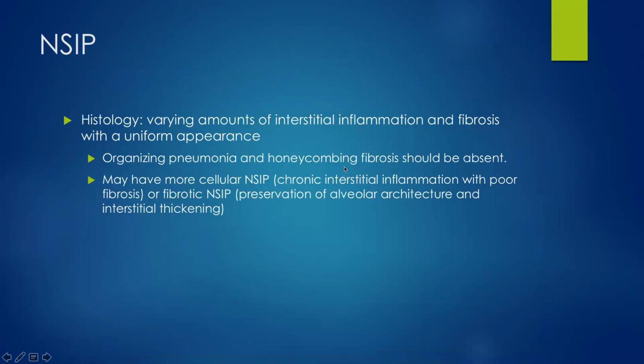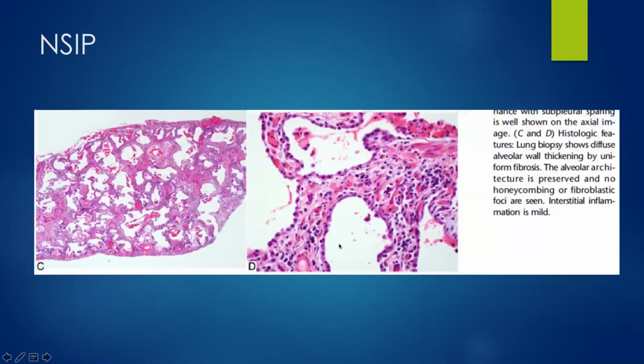So the biopsy will show inflammation with some fibrosis, but not really honeycombing. It can be more cellular or fibrotic, and cellular, more inflammatory, does better than the more fibrotic version. That's what I was saying. It's all a spectrum between inflammation and scar. This is what the surgical biopsies will look like, and it's much more uniform. Remember I said with IPF, there was temporal heterogeneity. You cut out one part of the lung, one part looks normal, one part looks terrible and scarred and fibrotic. With NSIP, it all looks just inflamed with a lot of interstitial infiltrate.